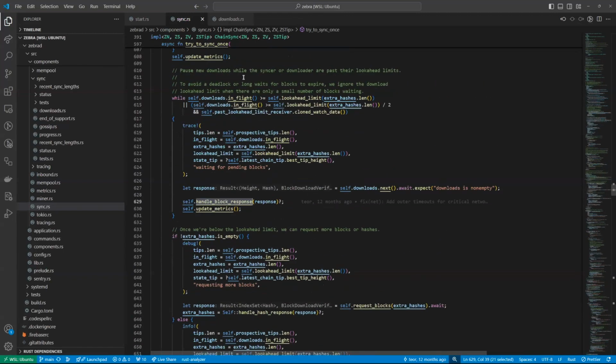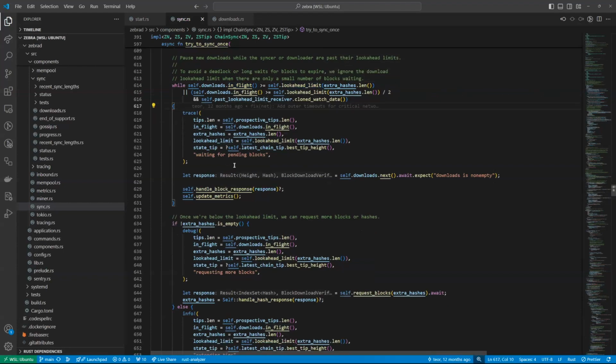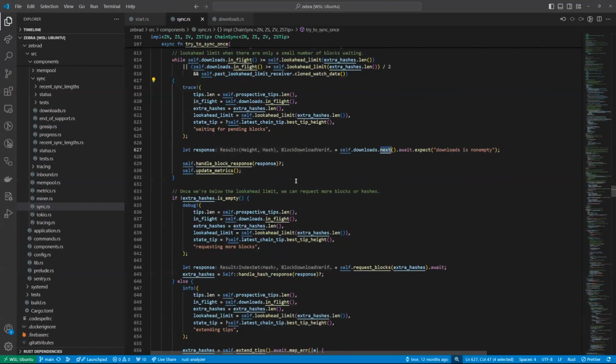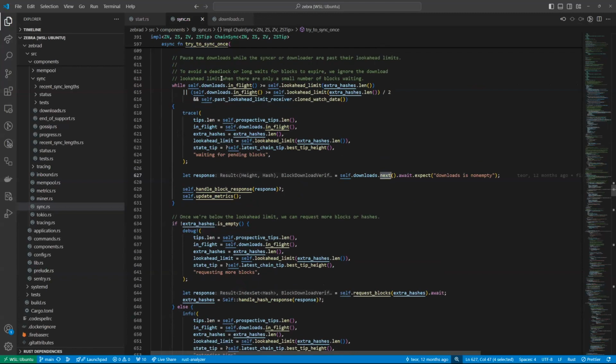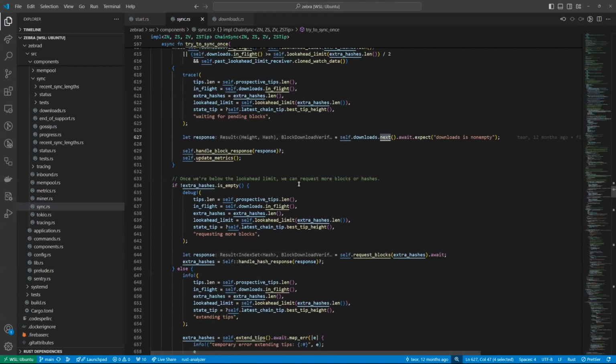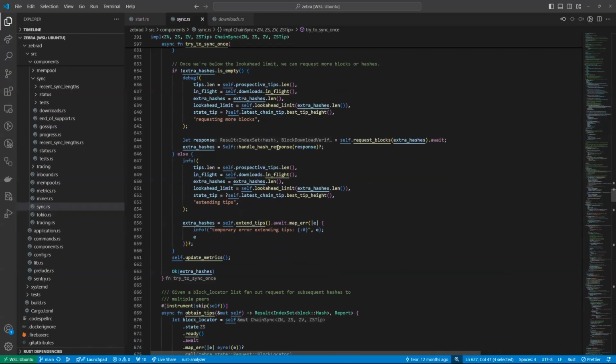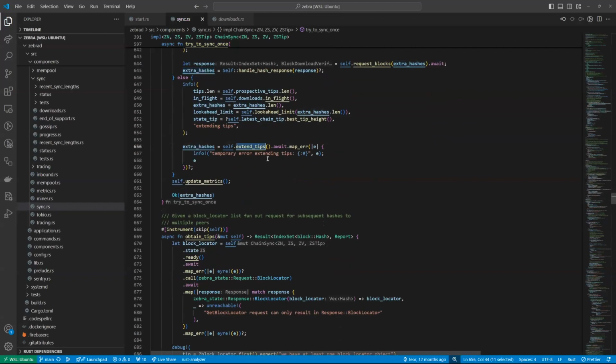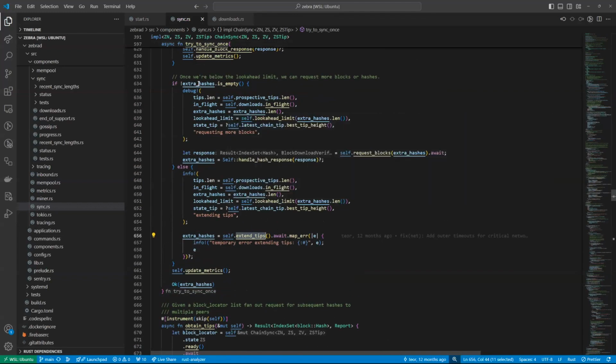So first it checks if there's anything that's already done in downloads or in flight, and if it is, it'll try to handle those responses. And then once it's done with everything that's already in downloads, it will go over to try to request more blocks based on the tips that it obtained via the block locator requests. And then once it's got no more extra hashes, it'll try to extend the tips further and then continue doing the same thing. Requesting blocks,